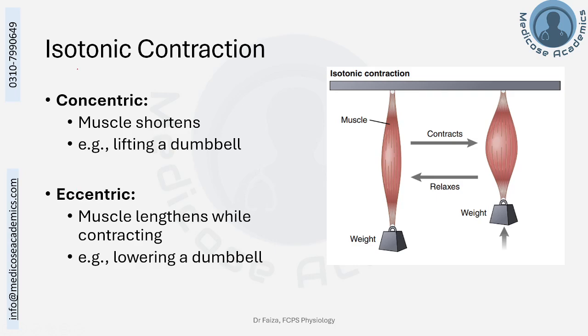This type of isotonic contraction, in which load is constant, muscle length is changing, and the change is lengthening, is called eccentric contraction. Now, this is a complex concept. How do the sarcomeres shorten while the muscle length increases? So, this requires more in-depth study that will be discussed in another session.